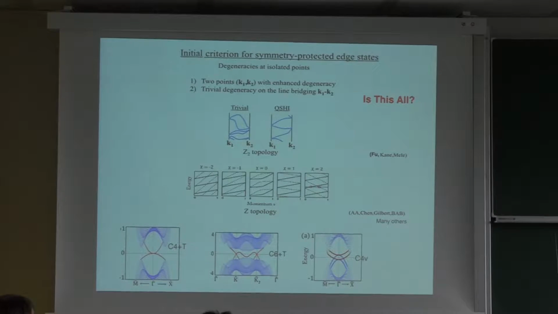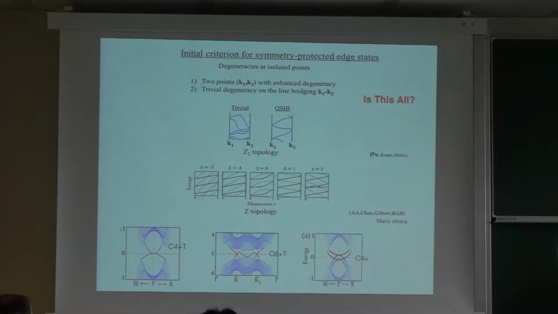So for example, if I have a system with C4 plus time reversal symmetry, but now time reversal is spinless. So if I just have spinless time reversal, then there's no Kramers theorem. So with spinless time reversal, I don't need to have double degeneracy, right? So this would be for bosons, for spin 1 particles or integer spin.